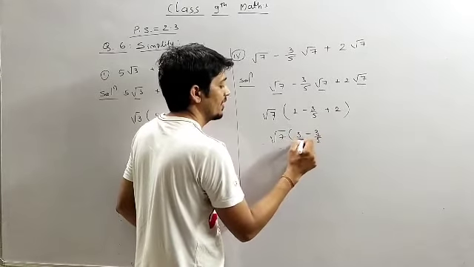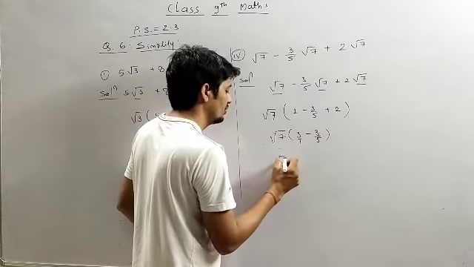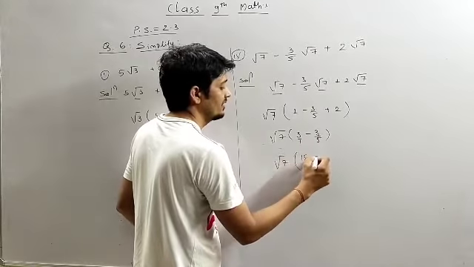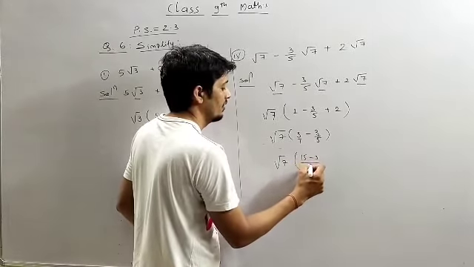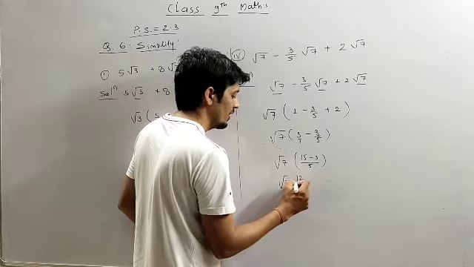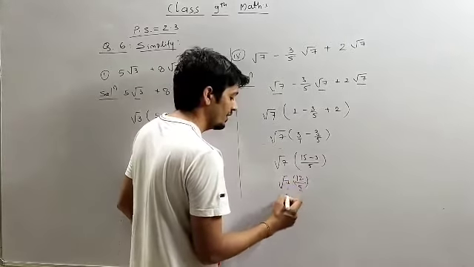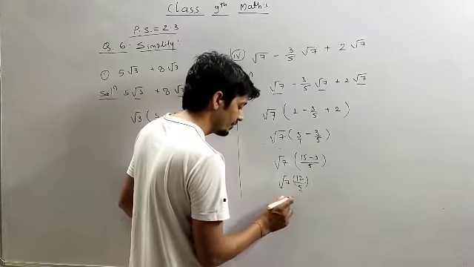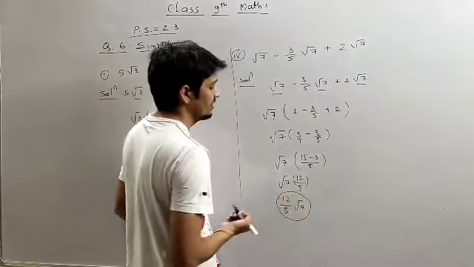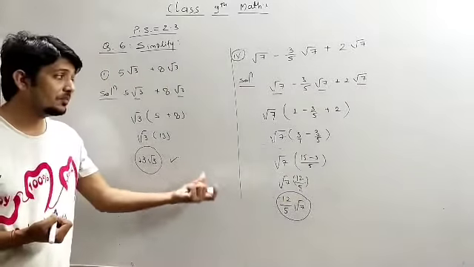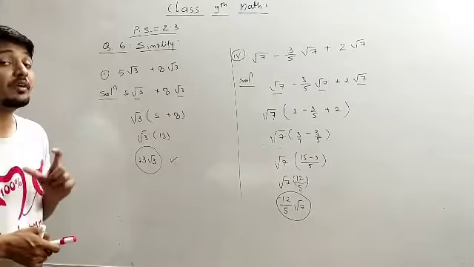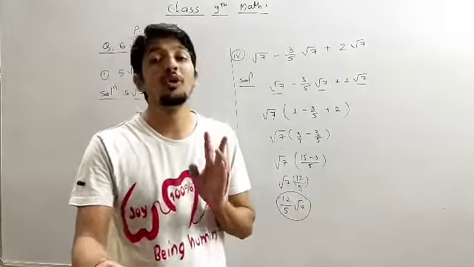So we have to simplify this part. Here we have nothing but 1. So root 7 times, 5 threes are 15, minus 1 three is 3, divided by 5 ones is 5. So 15 minus 3 is 12, so 12 divided by 5 of root 7. So this is the answer. Okay. So this is the simple form of question number 4. This is the way you have to simplify the given 2 more questions.